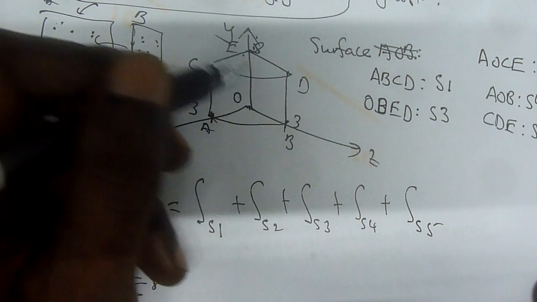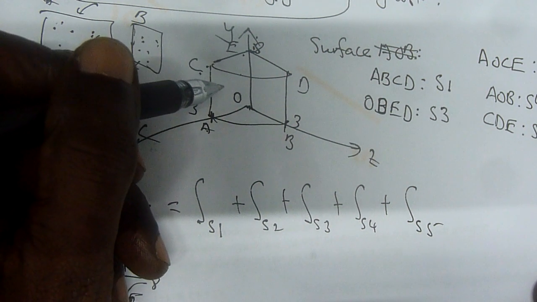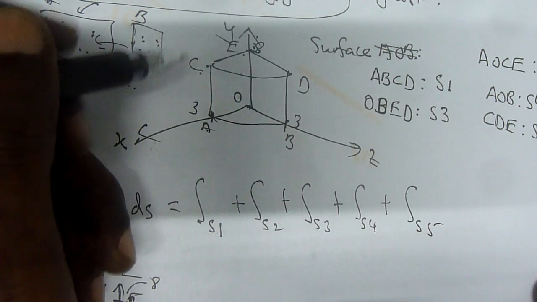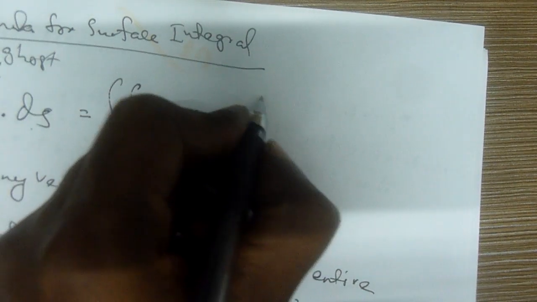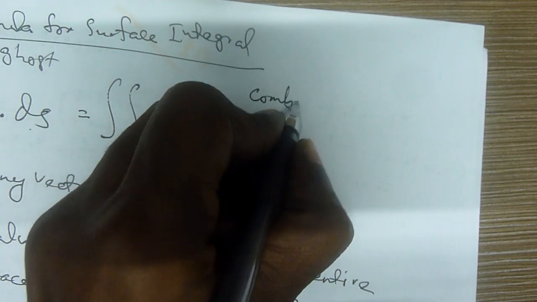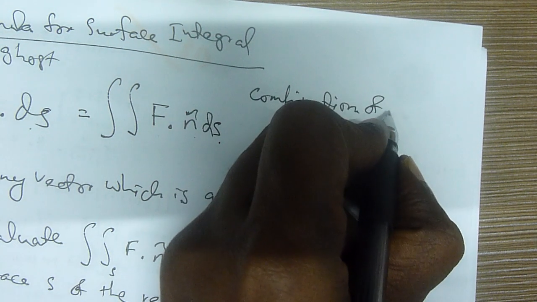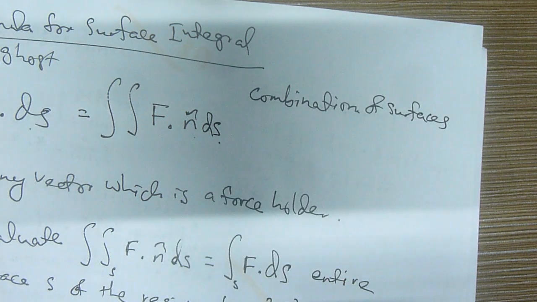Always for the surface integral, we are interested in how the surface reacts to the environment. Therefore, can I put that as a combination of surfaces, combination of surfaces,